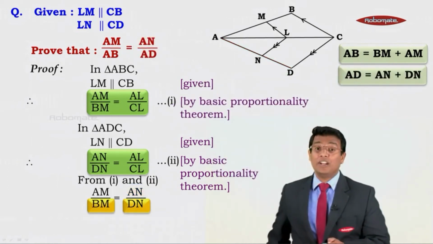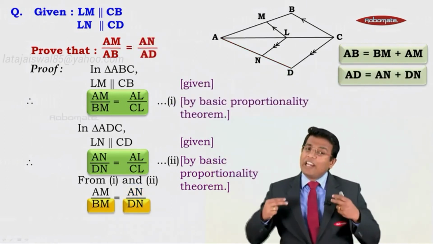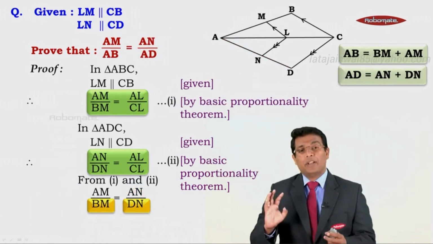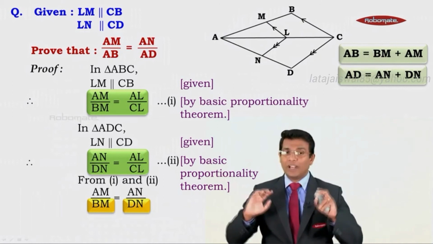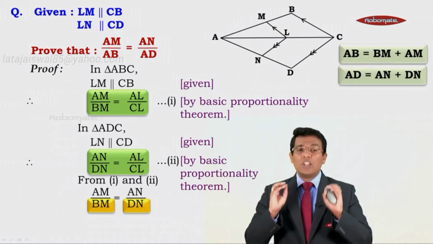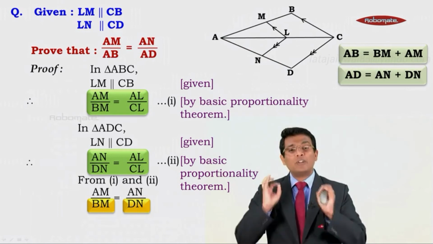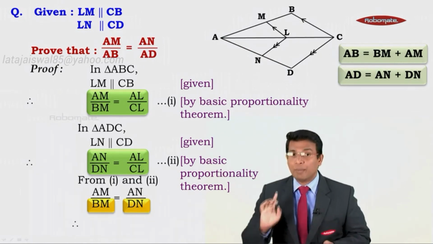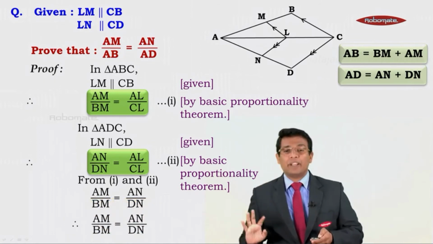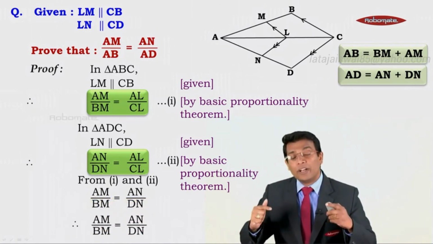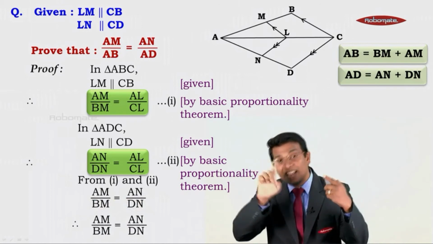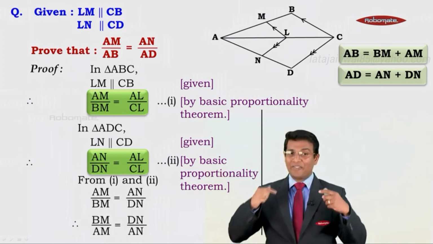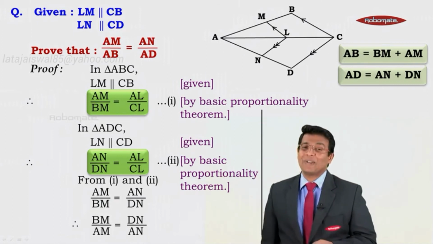Now this is what we understood till now. We need to focus on the denominator. The denominator has to be changed. Now remember one thing. When two ratios are equal, whichever thing you want to change has to come in the numerator first. Bring that in the numerator, then only the changes can happen. Remember that. So first we have just taken that same thing, but I want this denominator to be in the numerator first, then do the changes. So we have reversed the ratio on both the sides.